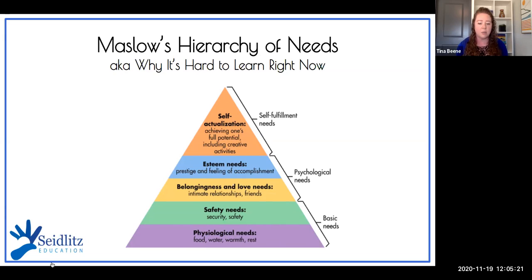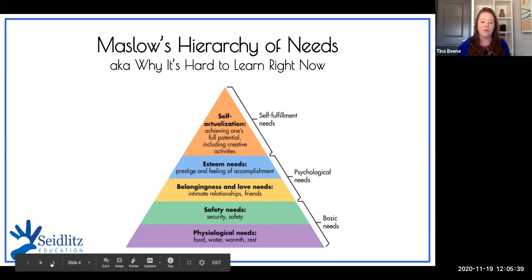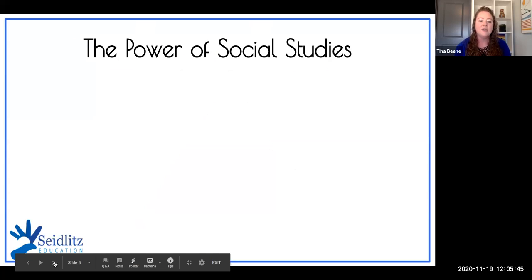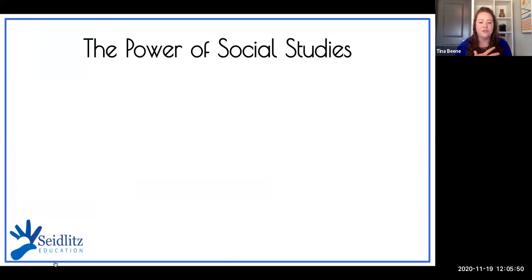So if our belonging needs aren't being met, and we're not able to connect with our friends, and we're not able to travel for Thanksgiving, all of that affects our ability to perform at school. And the same is true for our students. So just heaps and heaps of grace, and as much gravy as you want to eat by yourself, because no one's going to judge you because you're home alone, or just with your immediate family. Whatever you need to do to get through this next week, I just hope that you'll take some time for yourself. All right.